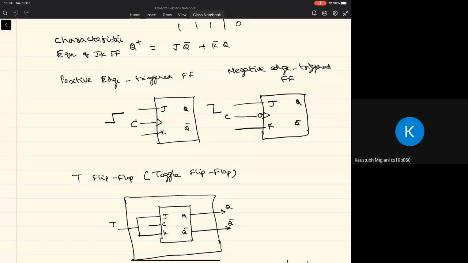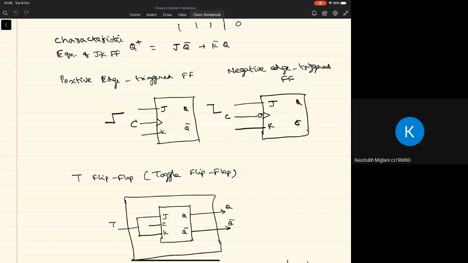We are not giving the internal circuits of these flip-flops, it's more involved. We'll just understand the functionality that only when the clock edge or the control signal edge comes, the effect of the inputs to the flip-flop will be there on the state of the flip-flop. And this is the most versatile flip-flop, and for designing any circuit, one can use JK flip-flops.